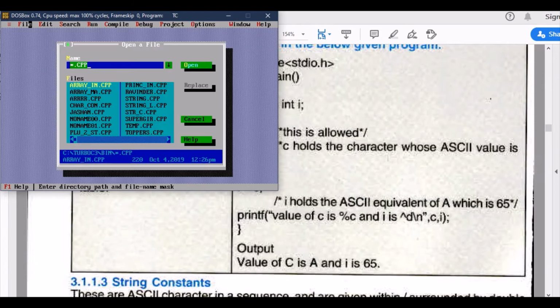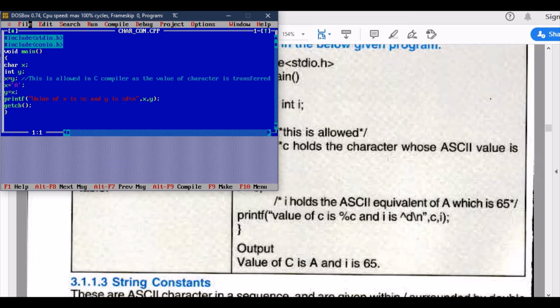If you look at this program, we started with main, character x. You can give any variable a character data type or an integer data type.